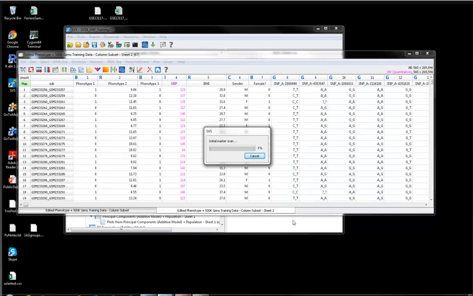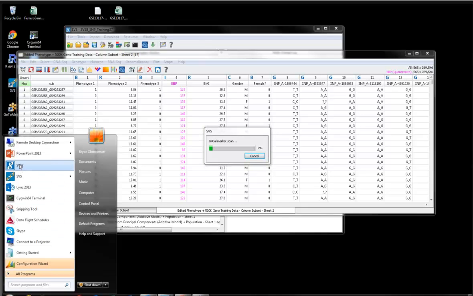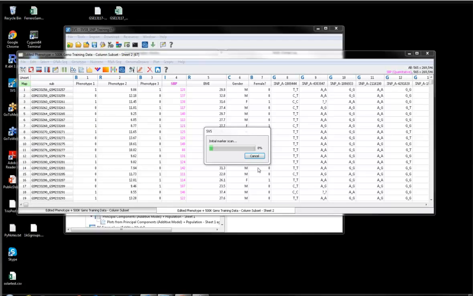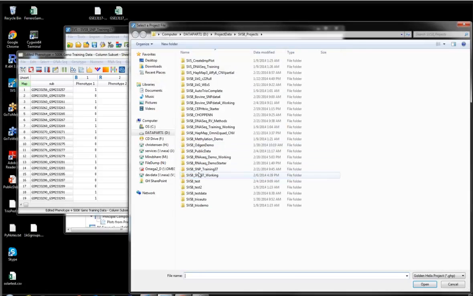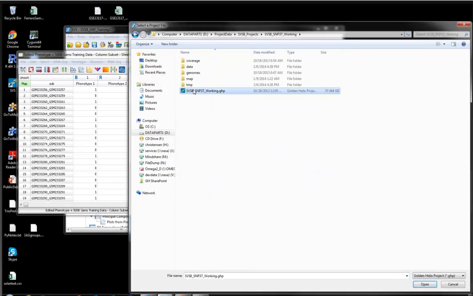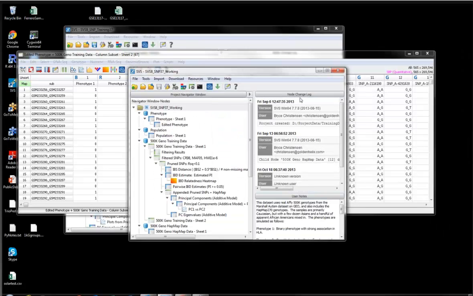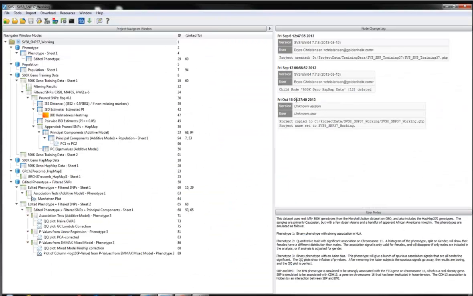So this is a two-step process. Hopefully it won't take too long to run. I didn't time this ahead of time to see what would happen. But while we're waiting for it, I will open another instance of the program and come in where I've got some work done on the same data set. So to give you an idea of some of the other things that can be done here,